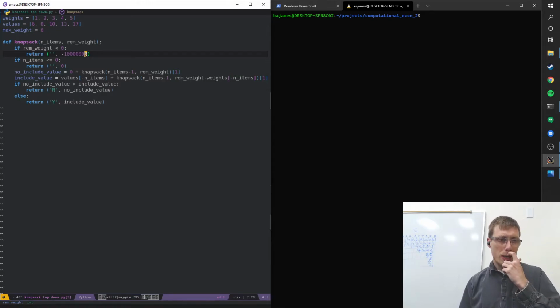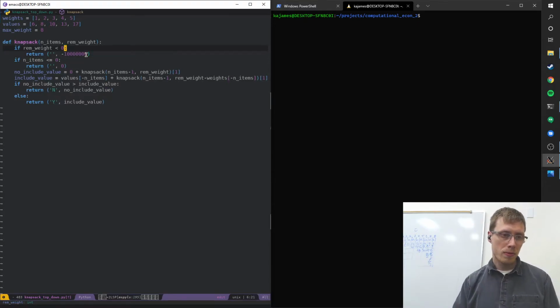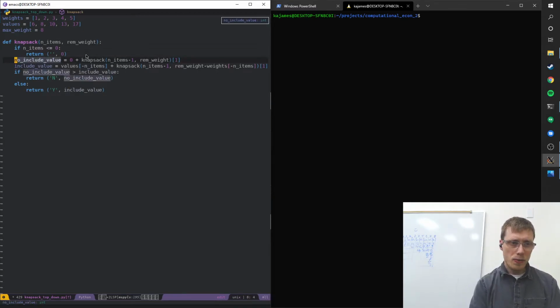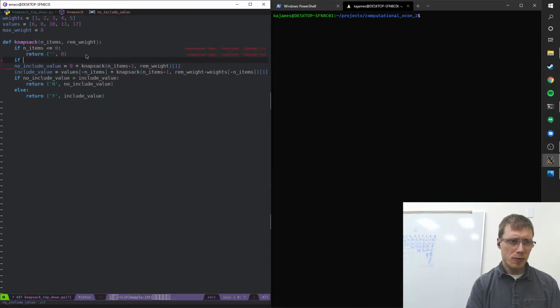All right, which is why you might not want to do this, because this penalty only works as long as the penalty is actually enough to discourage the dynamic program from choosing that path. Because maybe adding that thing gives you more value than the penalty of going overweight. So I'll go back to doing it just the standard way, which would say if we don't have enough weight, then we just for sure do it immediately, right? So we can say if